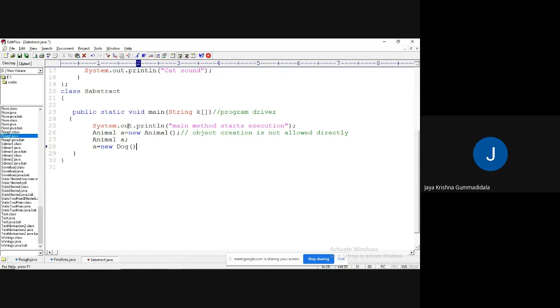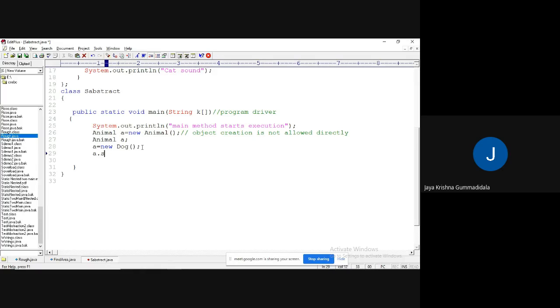I'll go for a equal to new Dog. Now what is the meaning of this one? Memory is instantiated for the Dog class, and that reference is assigned to which one? Animal class object, but it is not done at compile time. It will be done at runtime.